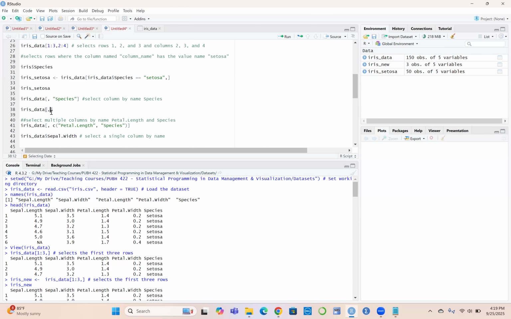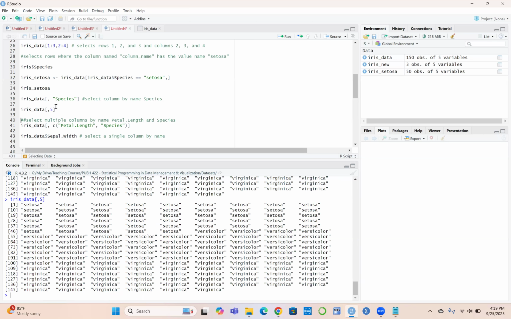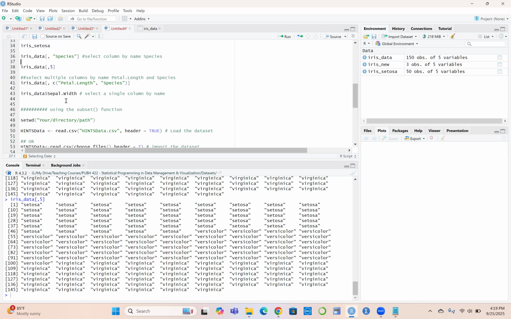So I could have just put there 5, okay? So which means I'm telling R, in the iris data, give me all the rows for the column 5, which is the species. Now I run it and it could have equally given me the same. So I can either use the name of the column or use the value of the column, and then I could get it. Okay, next, how about if you can use the concatenate to select more than one column,